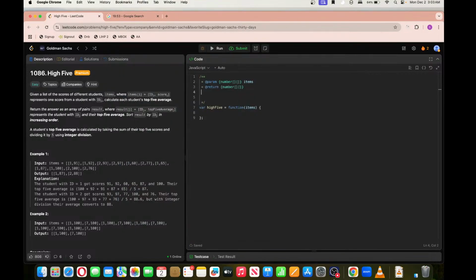High five. So given a list of the scores of different students, items where items[i] is equal to [ID_i, score_i] represents one score from student ID_i. Calculate each student's top 5 average. Okay. So if this is the input,